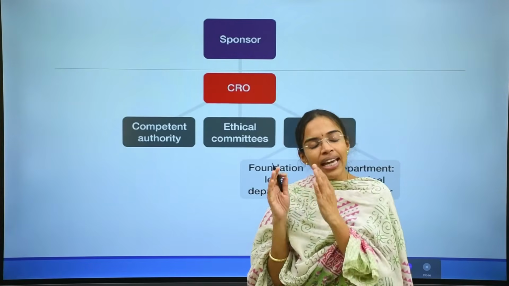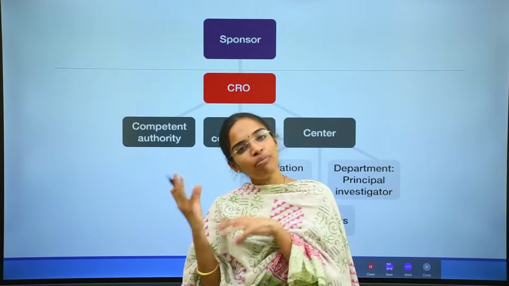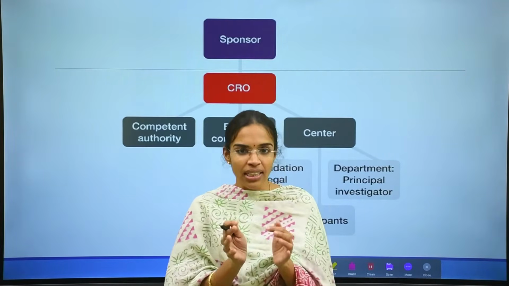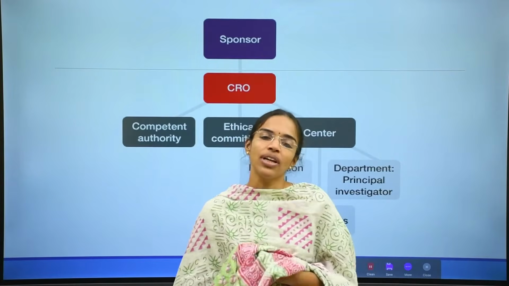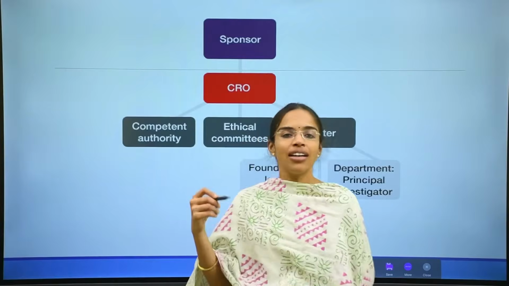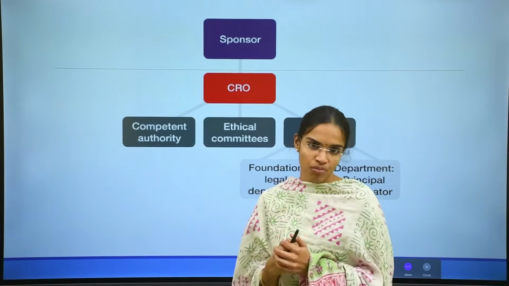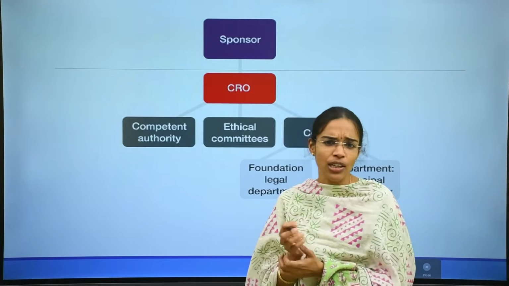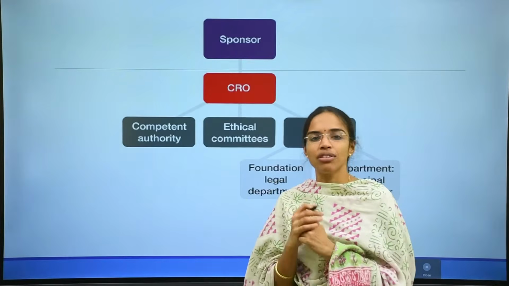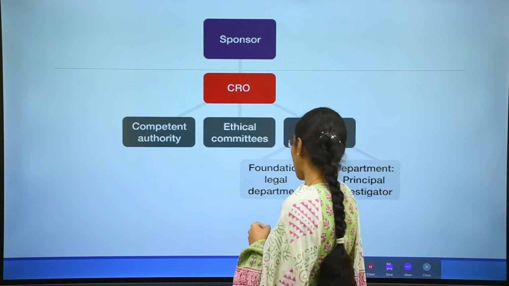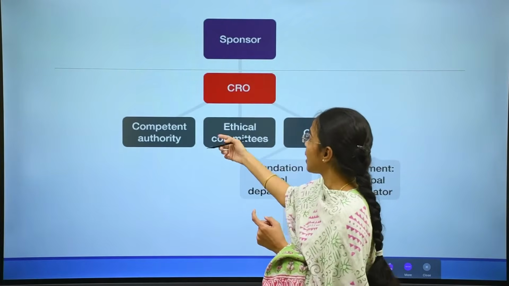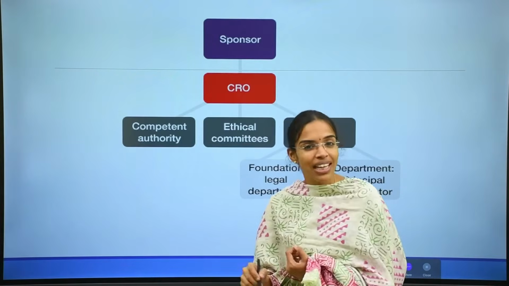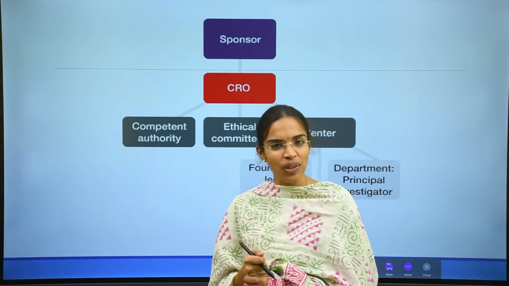Sometimes it may be a research center or it may not be. Please remember, a clinical research organization does not definitely mean that it should solely perform all the functions that a center performs. It need not be. It can perform a part of the function also. So that is about a CRO. It is a connecting bridge between these authorities and the sponsors. CRO is 3O.